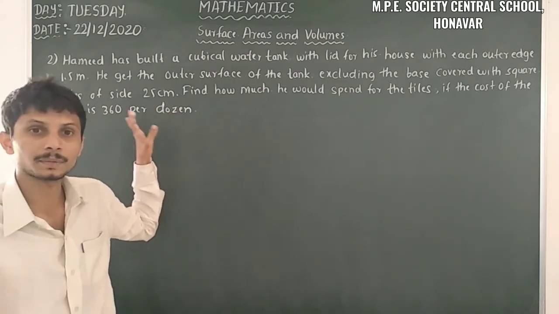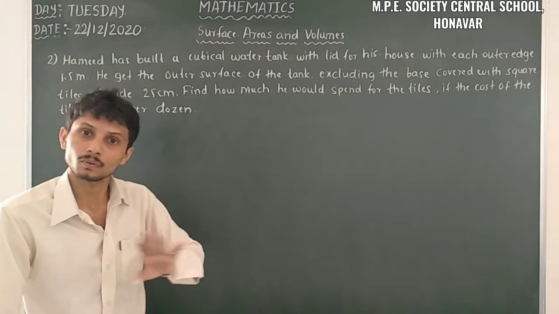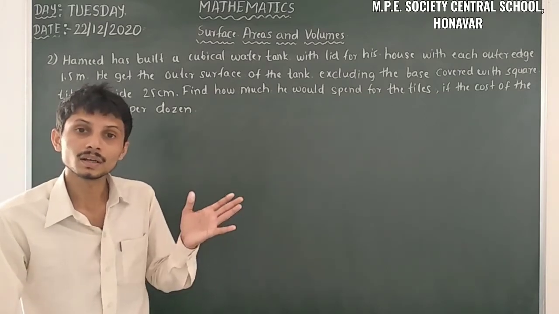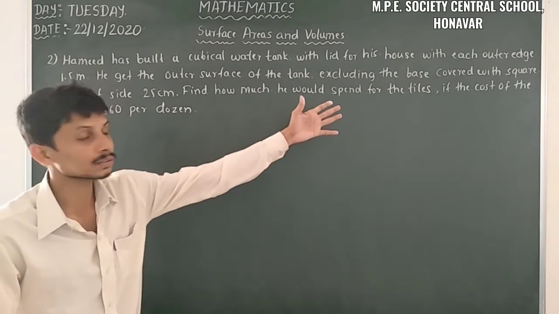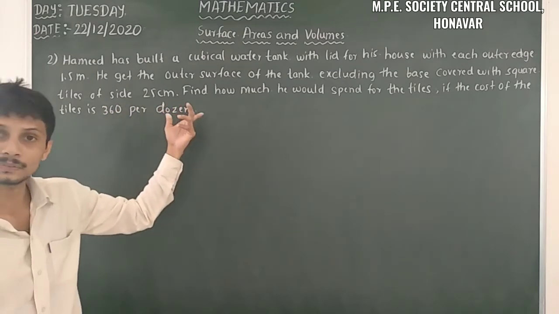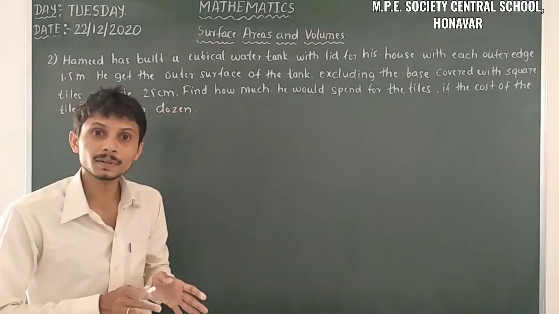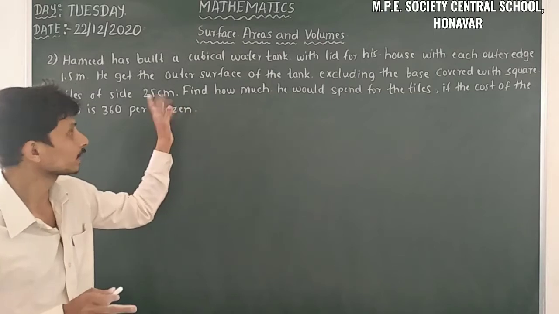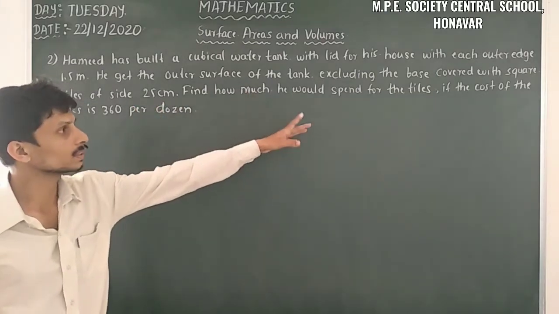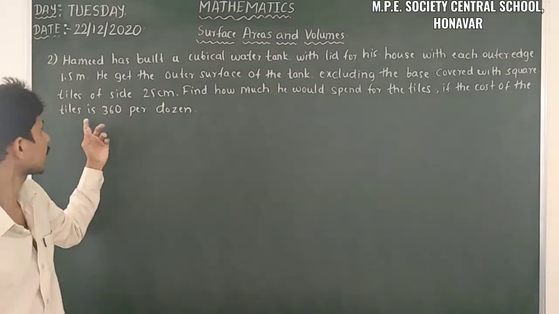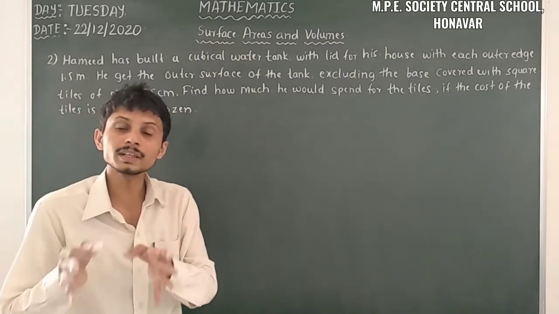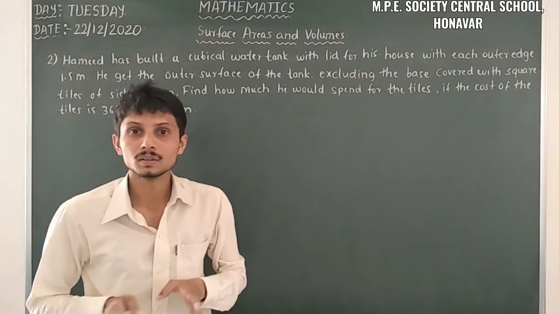25 centimeter. That means excluding the base, only excluding the base, he has to cover that water tank with the tiles. The square tiles are square shaped and have a side of 25 centimeter. It is given. Find how much he would spend for the tiles if the cost of the tile is 360 per dozen. So firstly we have to find how many tiles we have to use for this total